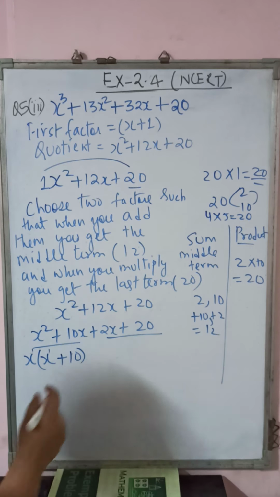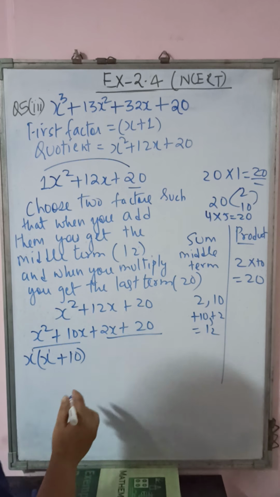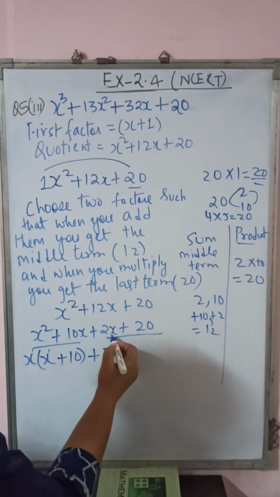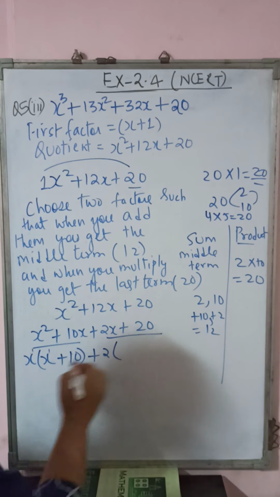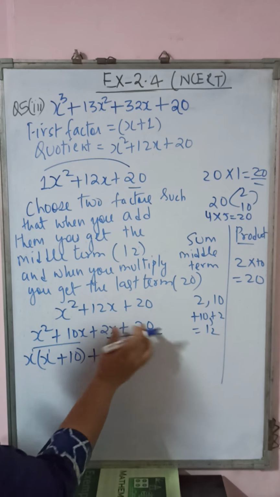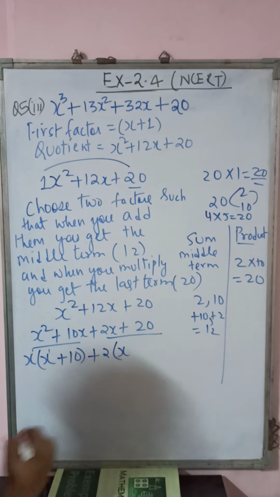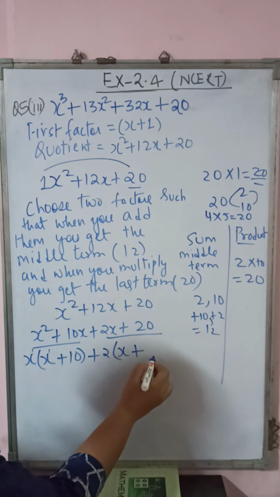Okay. Now in these two terms, what is the most common term? 2, because 2 and 20 are both divisible by 2. So 2 you will take out. Now compare individually. 2 you have taken out, so what will you write inside? x. Plus 2, how many times will multiply?